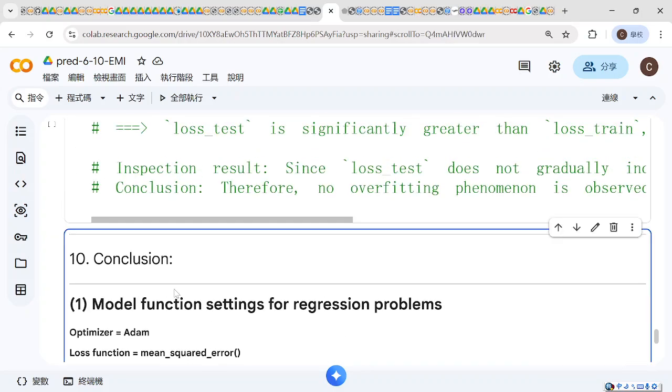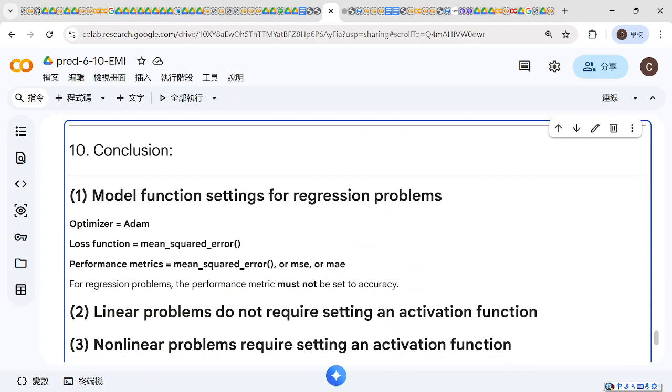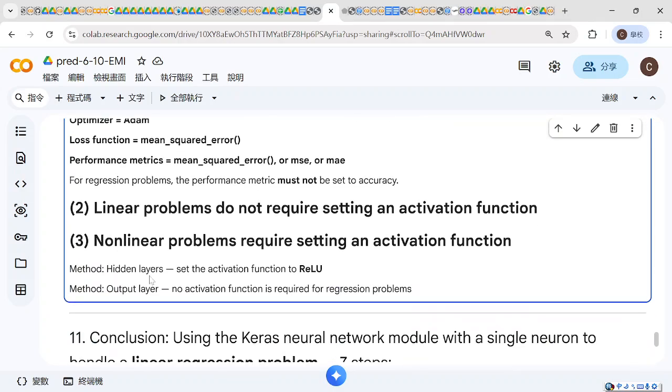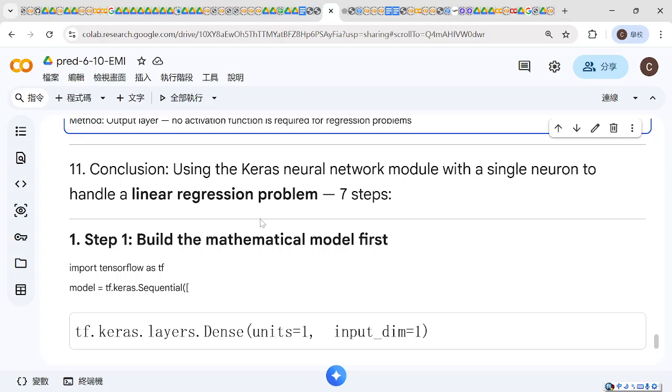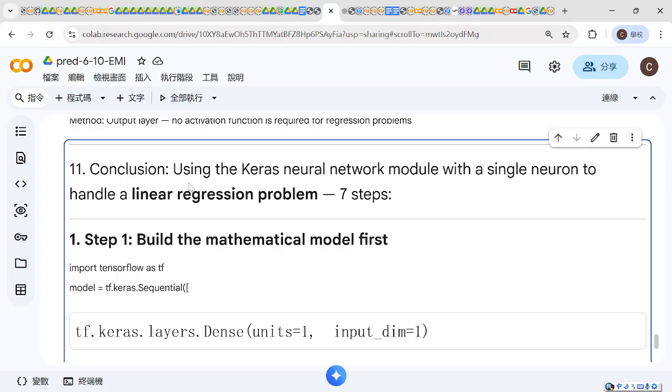Okay, our conclusion is that the model's function setting for a regression problem, for linear problems, does not require setting an activation function. A nonlinear problem requires setting the activation function. For the second conclusion, using the Keras neural network module with a single neuron to handle a linear regression problem,